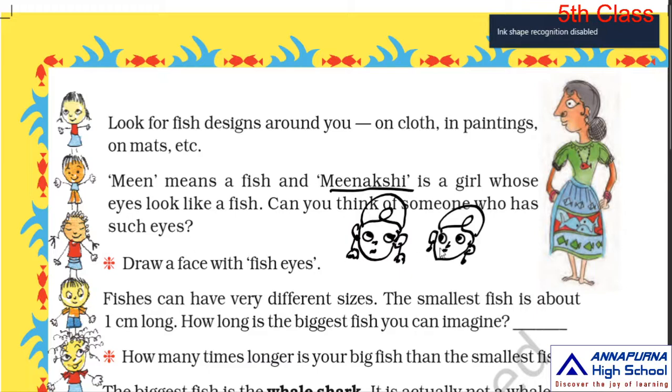These two diagrams show the fish eyes. If you observe the face, the eyes look like fish eyes. This also looks like fish eyes. Fishes can have very